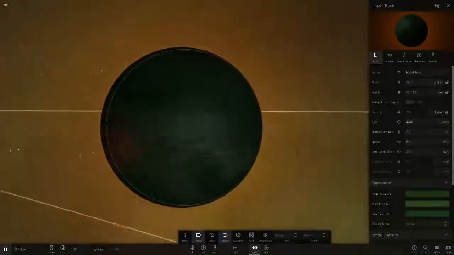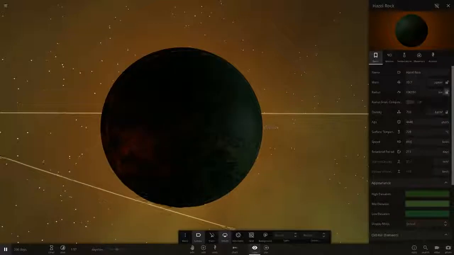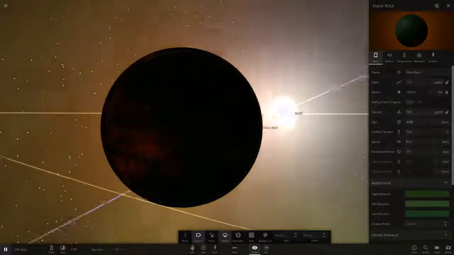So here is our Hazel Rock. So, very large. But let's actually lock the radius, and let's lower its mass to just 1 Jupiter, just so it doesn't...